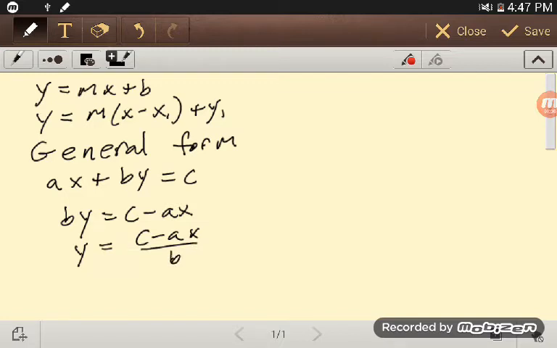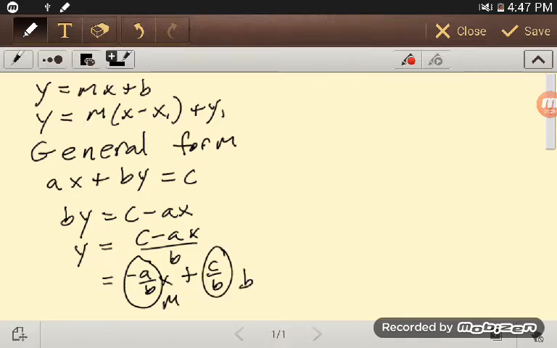And, well, if I want to rewrite things a bit, I can do minus a over b times x, and then plus c over b. And there is my slope. And even though I'm using a b, I could rename that as b, and so that's just y equals mx plus b. So this general form is also a straight line just like these others, and it just comes in handy for